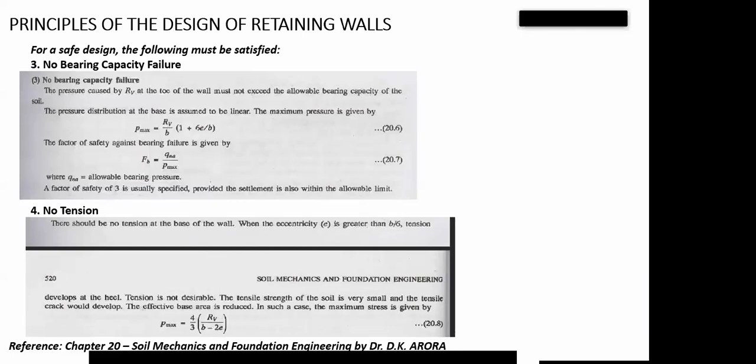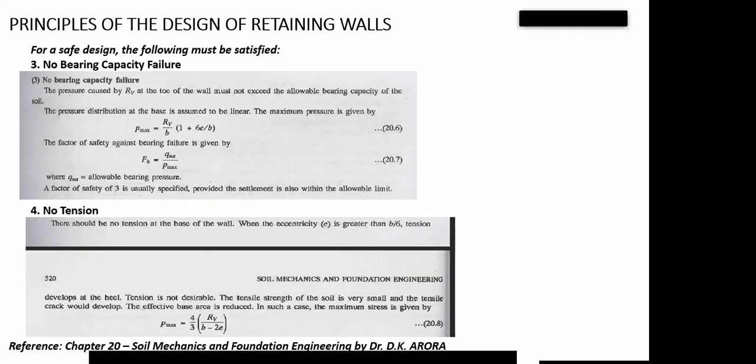I think the example in class, the one he gave us, the eccentricity was not greater than that. But let's say in an exam, when you are solving and your E is greater than B over 6, I've not really seen how they calculate that. Okay, let me see what is written here. The tensile strength of the soil is small. So if I see that tension develops, I'll probably just say that,